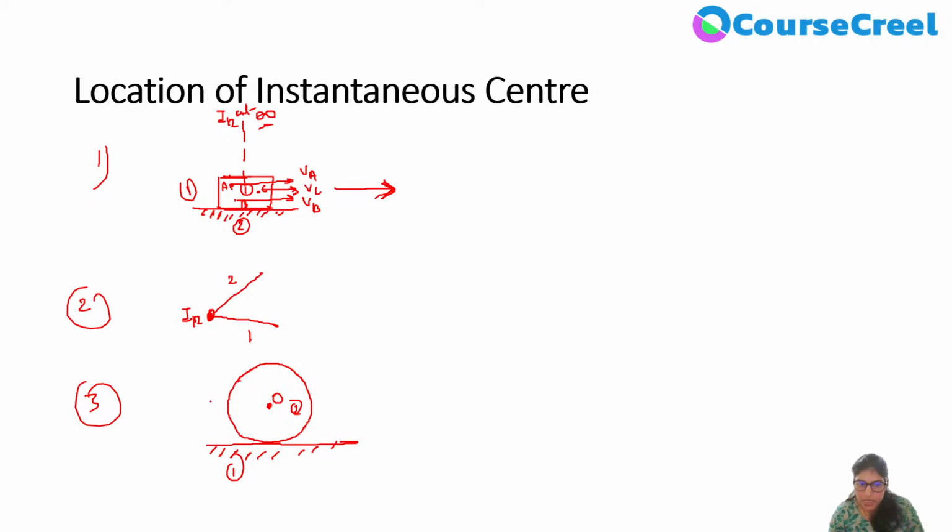Why? Because it is continuously having motion. Okay, suppose in this direction it is having motion. So the contact point will be the instantaneous center because here the first link is rotating with respect